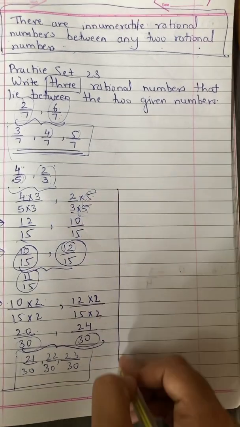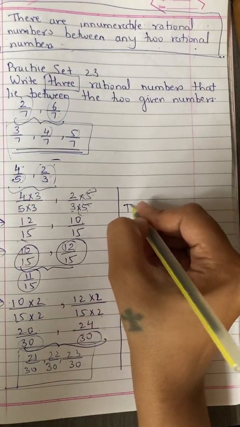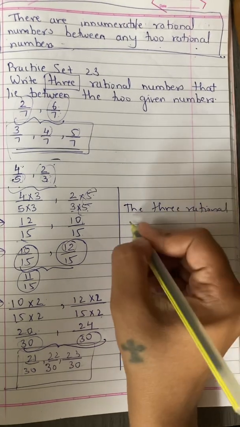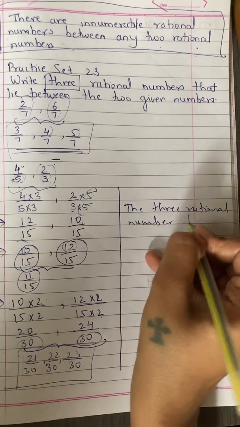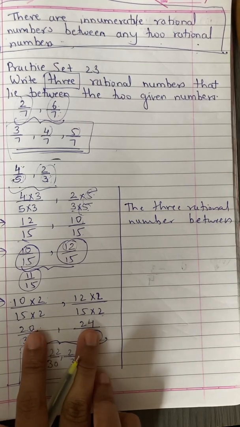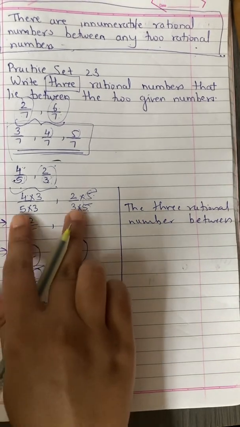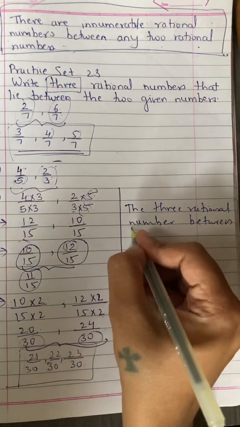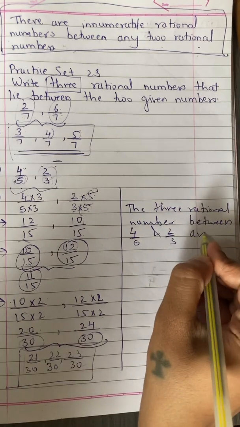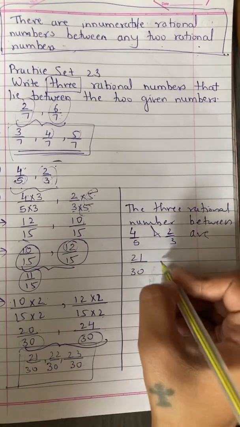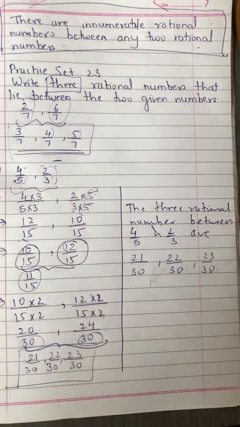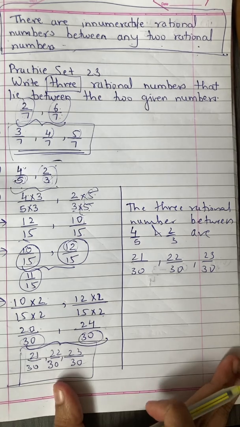So finally in the answer you have to write down the original numbers. The three rational numbers between, ये दोनों के बीच में हम लोगों ने find out किया, but these two numbers come from which original numbers? These two original numbers. So between 4 upon 5 and 2 upon 3, the original numbers you have to write down are 21 upon 30, 22 upon 30 and 23 upon 30. All right, now moving forward,